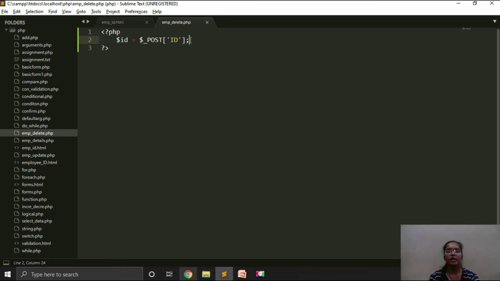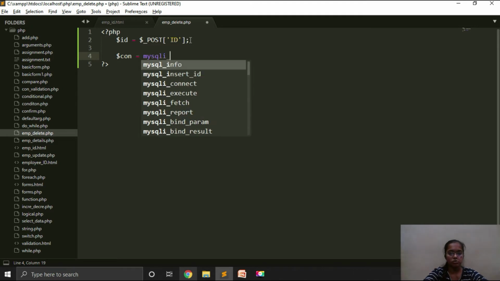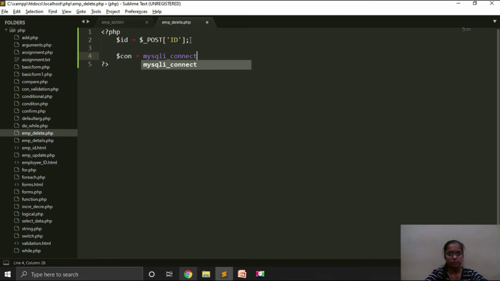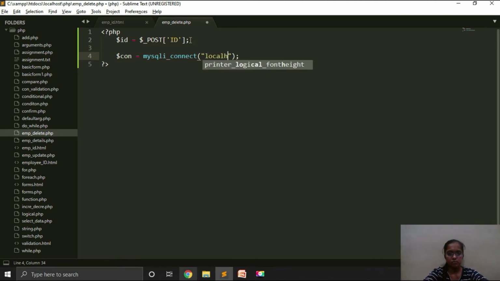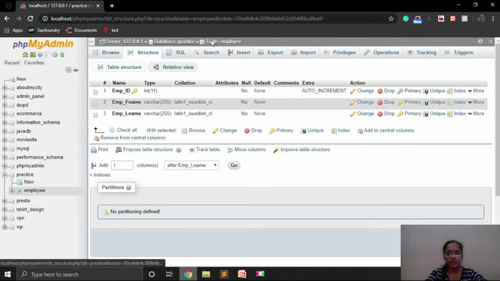For that we have to select the data of the database. So first provide the connection using mysqli_connect. It contains 4 parameters, that is host name, then the username, password, and the name of the database, that is practice.